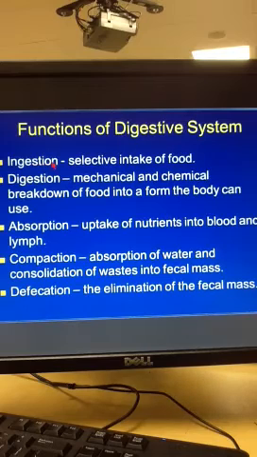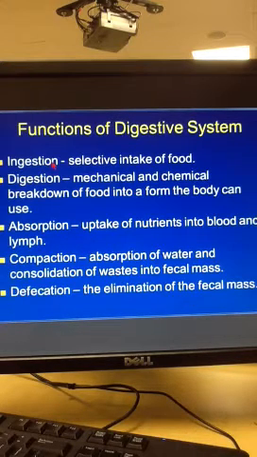Talk about the digestive system, and it serves multiple functions. First, obviously, is ingestion. You have to take food in, and food can either be in solid or liquid form. Once it's in your mouth, the actual process of digestion begins. And digestion is the breaking down of the foodstuffs into the basic parts so that it can be absorbed by